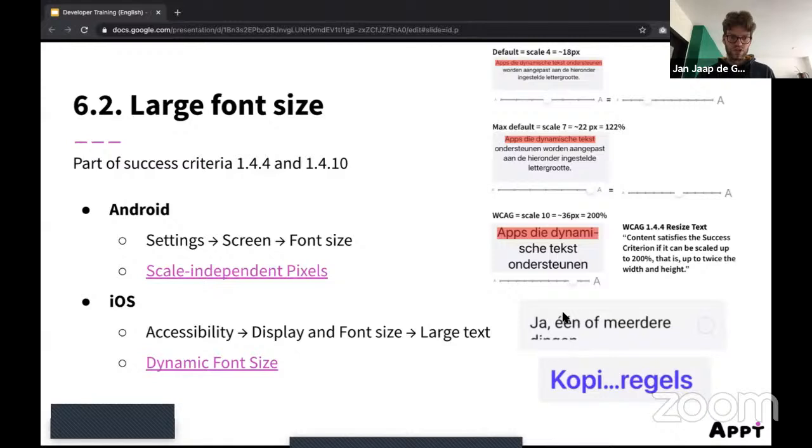So if your app is using the default font size on iOS, make sure to turn on the large font size and see for yourself if people that have this setting enabled have any issues in your app. Because the same case here as Android, maybe you didn't know that your app supported large font size. So make sure to check it out and then try to fix all the issues, which can be quite difficult and frustrating sometimes. But it's important to support the largest font size possible. So also people who have really bad eyesight are still able to use your app with their preferred font size.